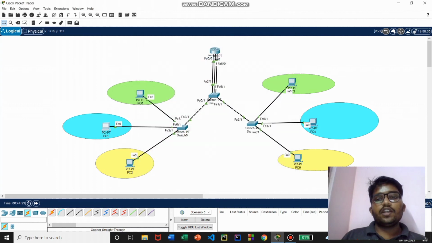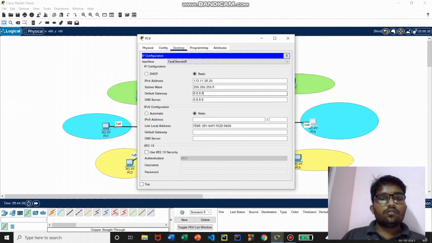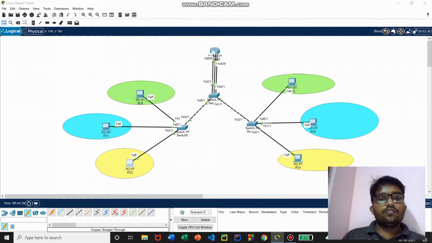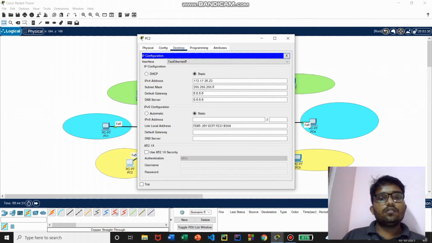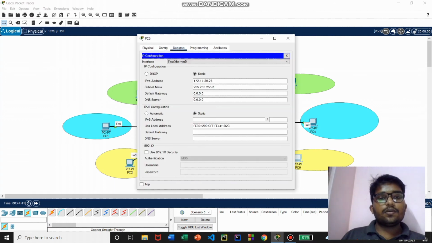Let me give the same gateway in this PC as well. And now for the VLAN 30 PCs, I'm giving the gateway 30.254. Yes, this is the gateway to be given in this PC also.